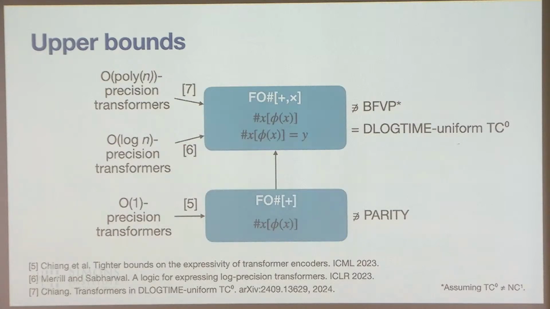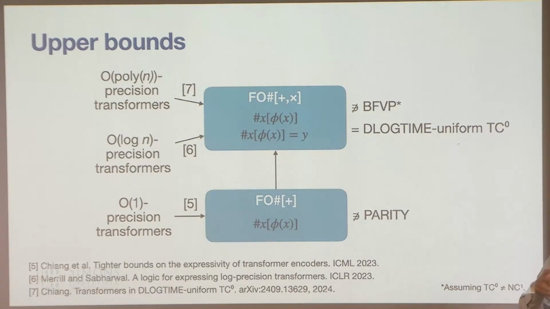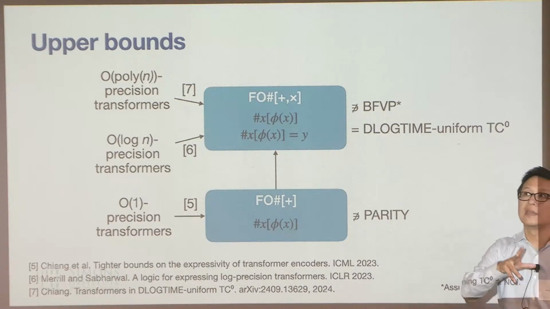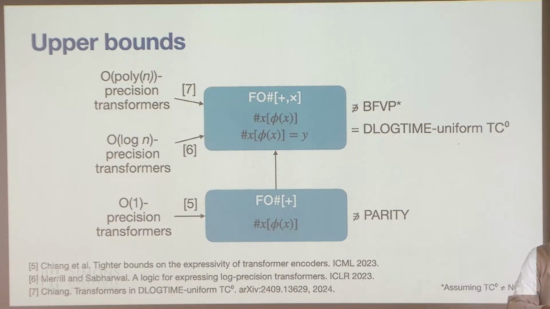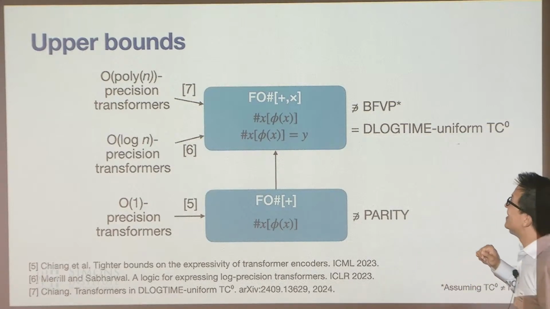All right. Okay, so that was all about what kinds of logics we can simulate in transformers. Now we're interested in the other direction: under what conditions can we translate a transformer into a formula of one of these logics? Okay, I think I'm using these terms upper bounds and lower bounds in the opposite way of what people are used to. I'd love to talk to you more about that later.